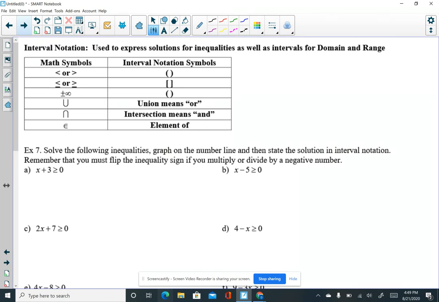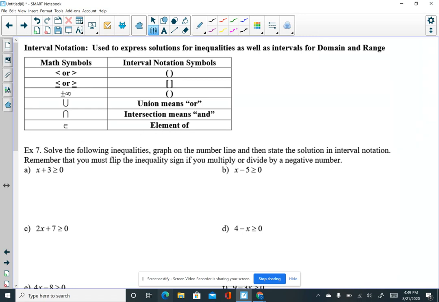you see your interval notation up at the top, and I just talk about up here that less than and greater than always use parentheses, less than or equal to and greater than or equal to always use brackets. Infinity, when you're talking about interval notation, will always get parentheses. You can't cut off infinity, so it has to have a soft bracket on it. The next symbol down is referred to as your union. The next one is your intersection, and the last one is like a curved E, and just means element of,